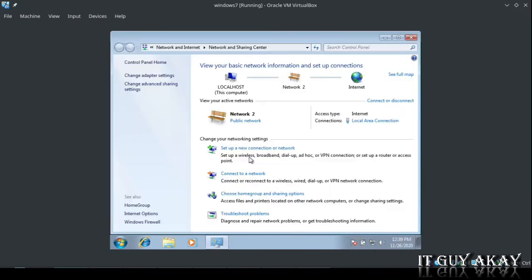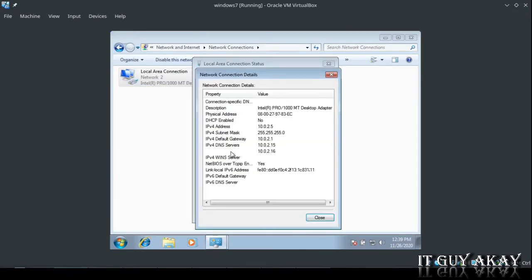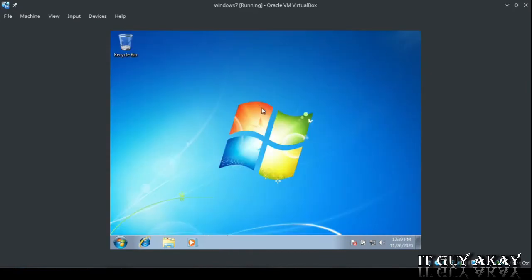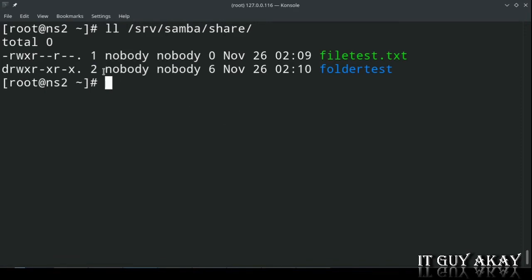Make sure your network settings are okay. If you have configured DNS, put DNS entries in the network configuration of the Windows client machine. Otherwise, put the IP address, subnet mask and gateway. Verify your files on the Samba server. That's all you need to configure Samba to access a share without password authentication for any user.